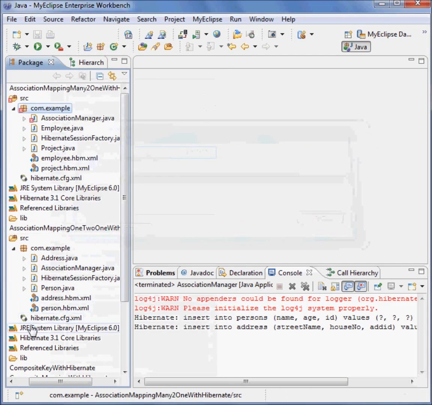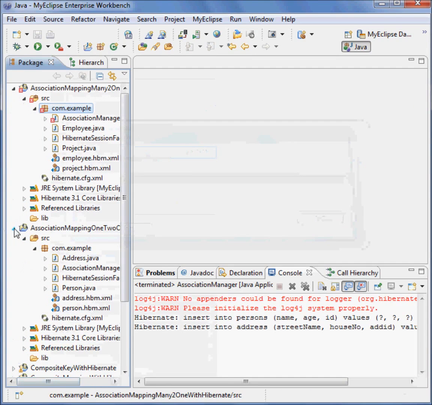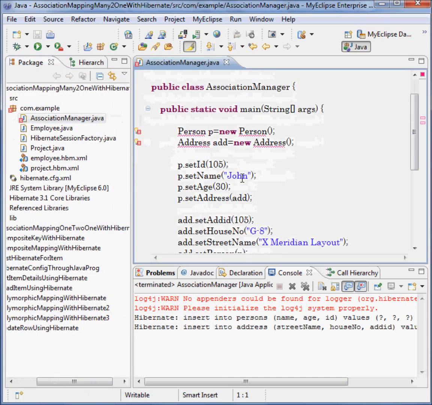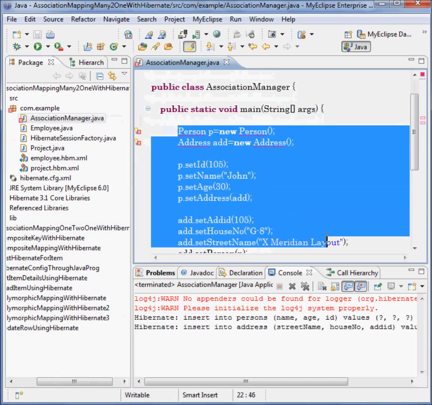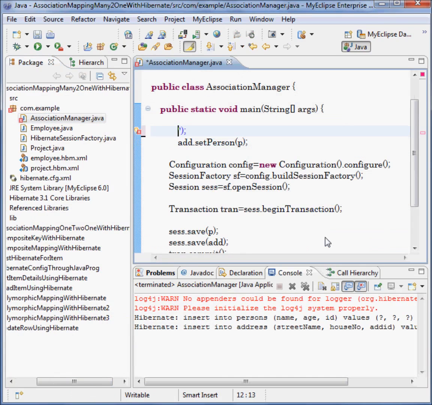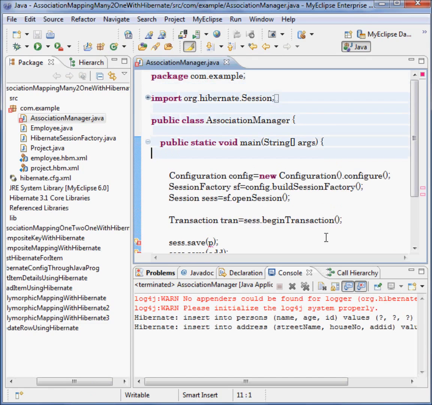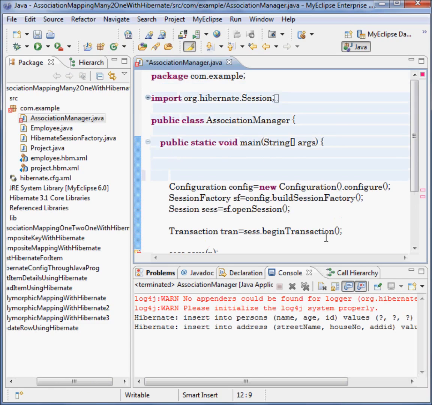I paste it here and I say association manager, so I don't have all these classes and all, right? So these all are fine, but only I have to do what here, I just need to create a project p1, first project equal to new project, okay,